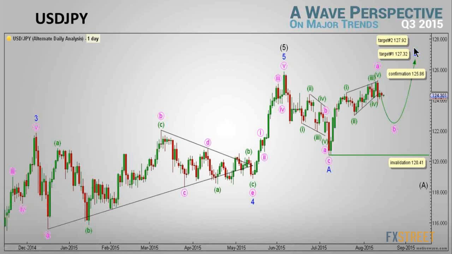In expanded flat corrections, wave B blue is expected to move beyond the start of wave A blue. Therefore, this count expects that wave A blue is complete and that wave B blue is unfolding toward the upside. This count is presented because the latest upwards movement within wave B blue can be interpreted as a leading diagonal